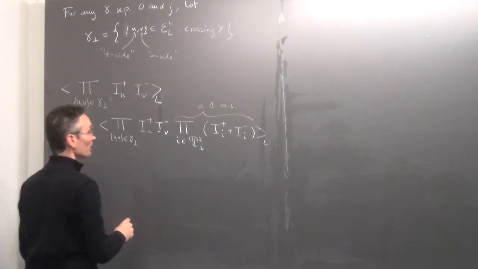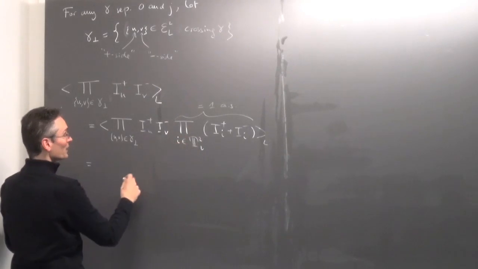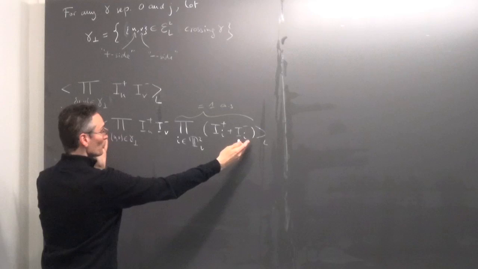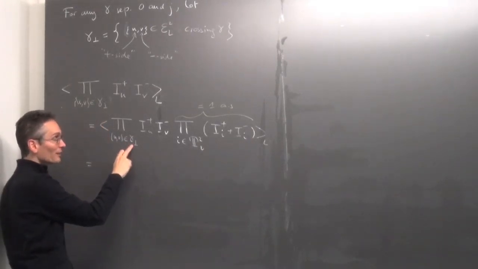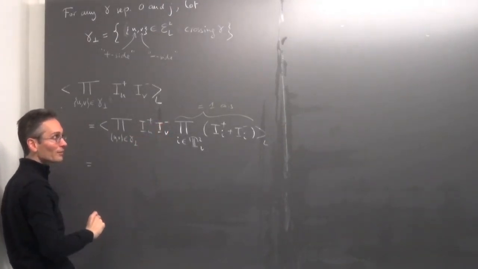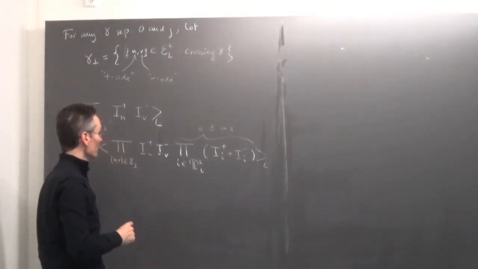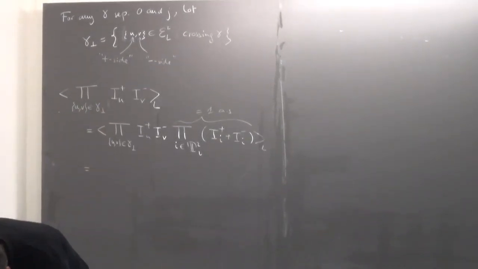And then I expand as before. If I do that, what do I get? So when I expand, I will get configurations of the Ising model, which must have all the spins on one side of gamma orthogonal taking the value plus, and all the spins on the other side of gamma orthogonal taking the value minus. Right? So this should be essentially the probability that you have gamma.